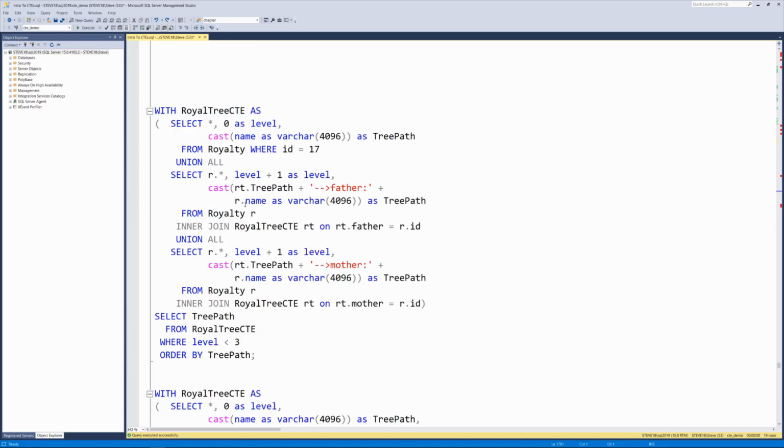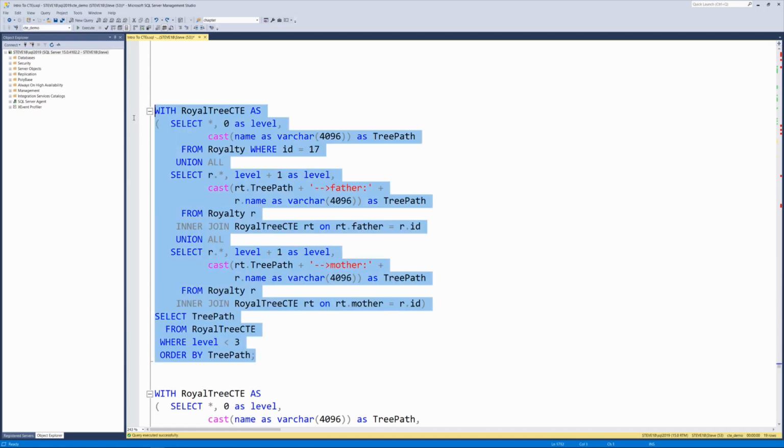But next, what I want to do is add a new column, and I'm going to call that tree path. Tree path is going to be a tool that we're going to use to indent and lay things out a little bit so we can get a better understanding of the data. So initially, we're just going to cast the name as a tree path, and then we're going to take the previous tree path, and on the father's side, we tack on this little arrow and father, and we put the father's name. And on the mother's side, we tack on a little arrow and mother, and we put the mother's name. And we're only going to go 3 levels deep, so this is a little bit easier to follow and